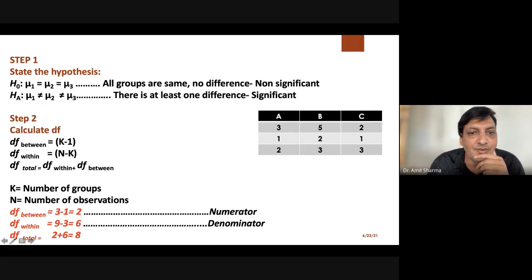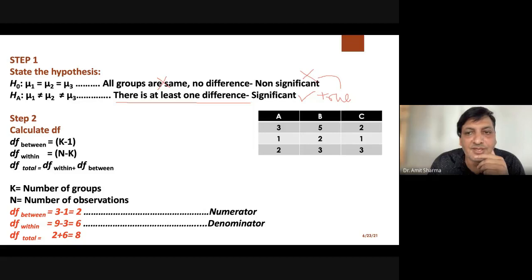And what we have to do, we have to reject the null hypothesis, the first one. We have to prove that all groups are not the same and there is at least one difference. When the alternative hypothesis becomes true, automatically it has been proven that you have rejected the null hypothesis.